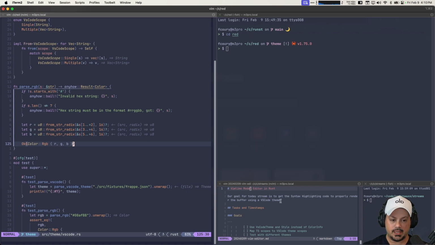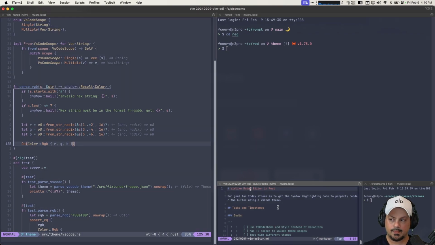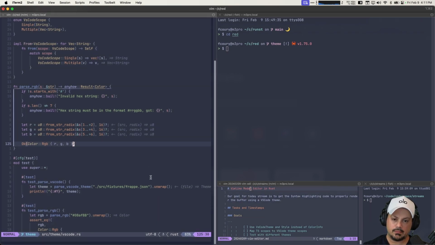On this stream today, our goal is going to be to get syntax highlighting working based on a VS Code theme, right? But then you can say, oh, but don't you already have the parsing done? Isn't that like 2 minutes? And the answer is yes and no. Yes, it is, in terms that we can already render everything with the styles that we are collecting, even though